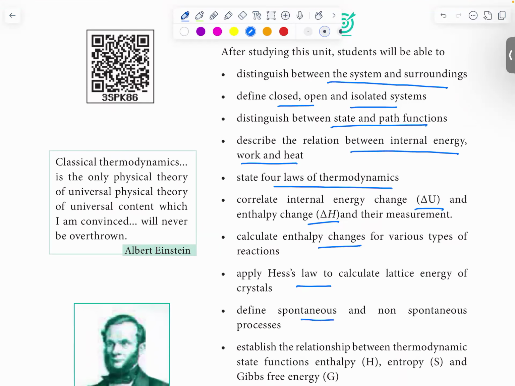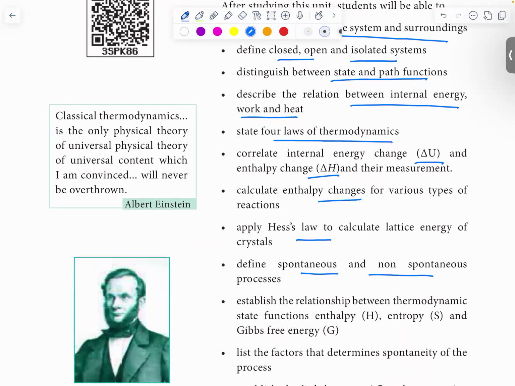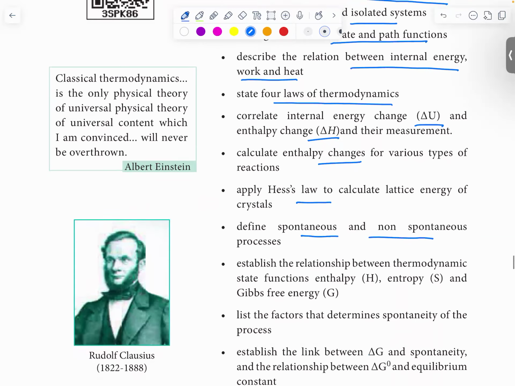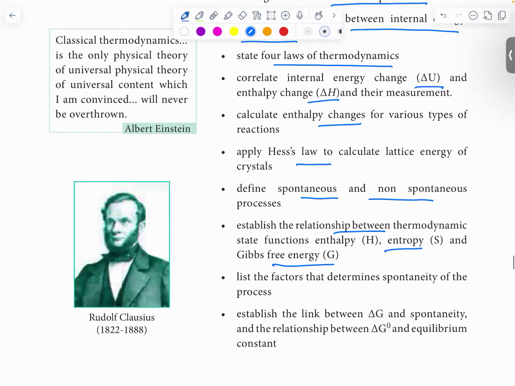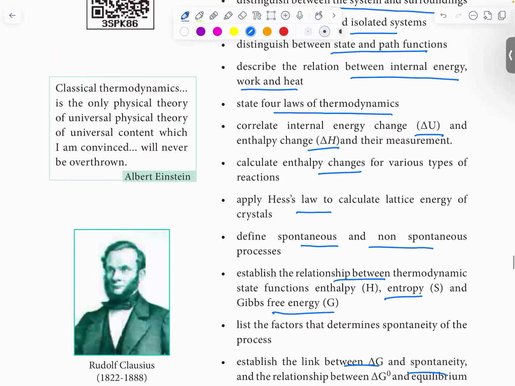Then you will define the conditions of the spontaneous and the non-spontaneous process, and what the spontaneous and non-spontaneous processes are. And definitely you are going to study the thermodynamic functions for spontaneity, like Gibbs free energy. And in the same manner, you are going to establish a relationship between delta G and spontaneity. So if we move to the